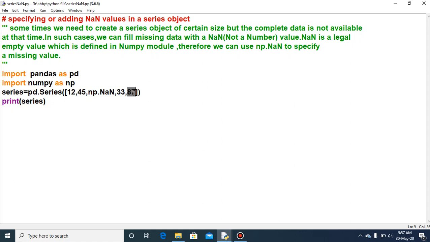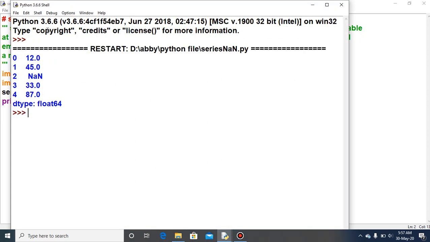So by default the index values will come as 0, 1, 2, 3, 4 and so on. In this case it will be 5 because there are 5 values in the series. And at last I have taken the output for the series. When you execute this, you will see the index coming as 0, 1, 2, 3, 4,